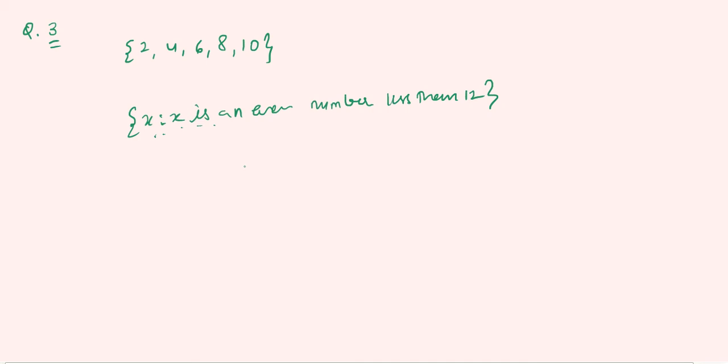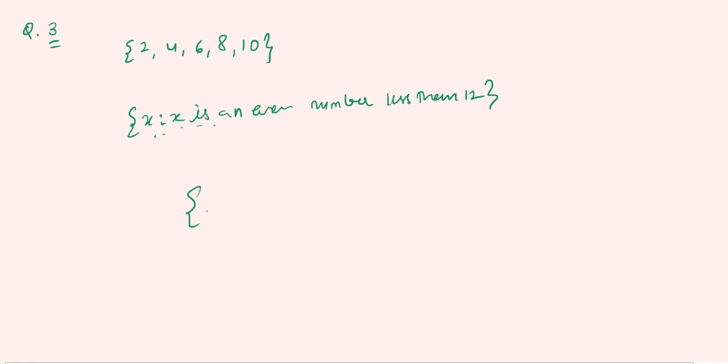Clear? Then in the third question, January, June and July. So you can write X is such that X is a name of month starting from J. Then next is A, E, I, O, U. So you can write X is such that X is a vowel. Then next is Tuesday and Thursday. So you can write X is a day of week starting from T, Tuesday and Thursday.